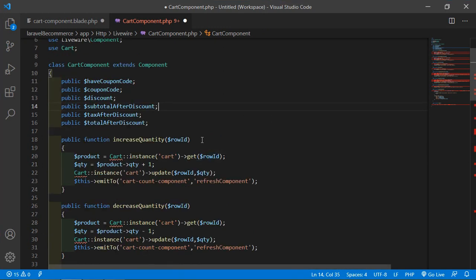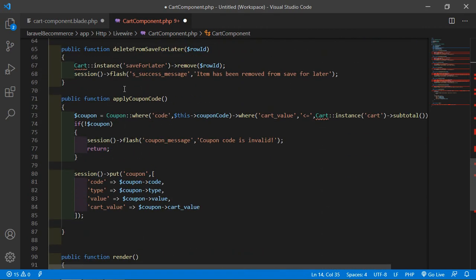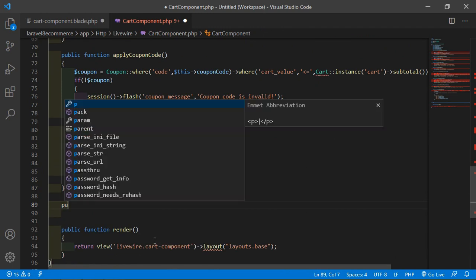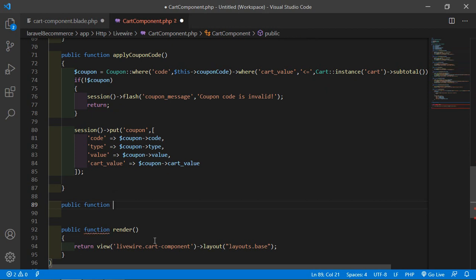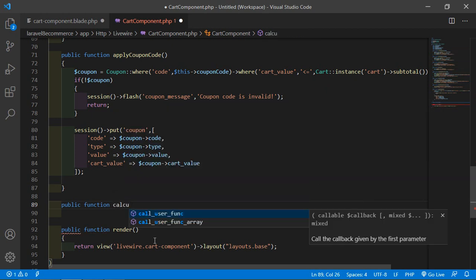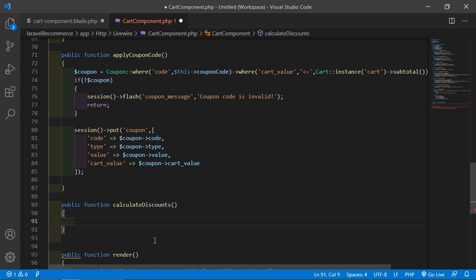So now let's create the function for discount calculation. So after this, let's create a new function here, public function, and let's say the function name is calculateDiscount. All right.